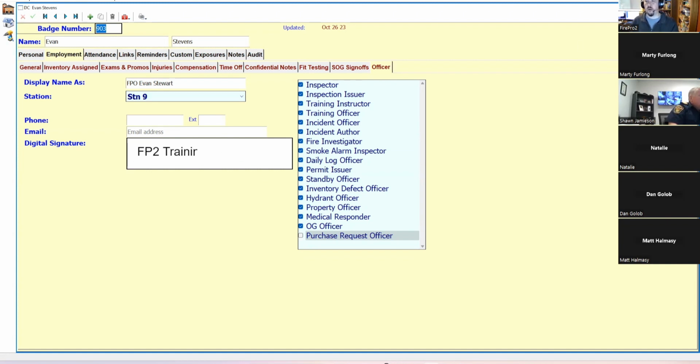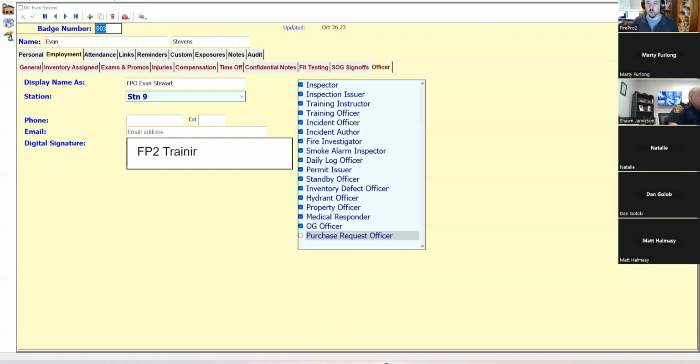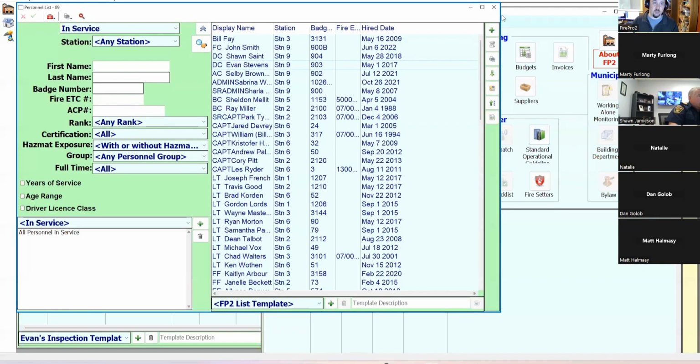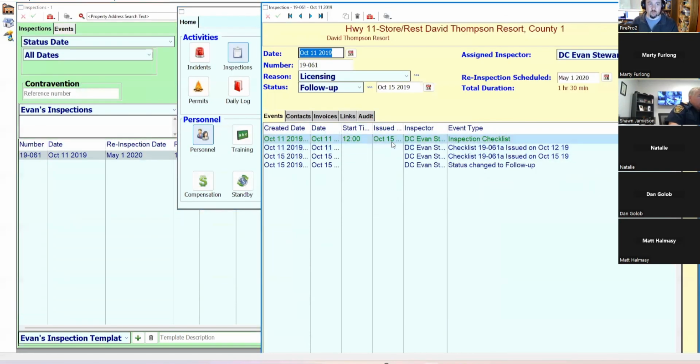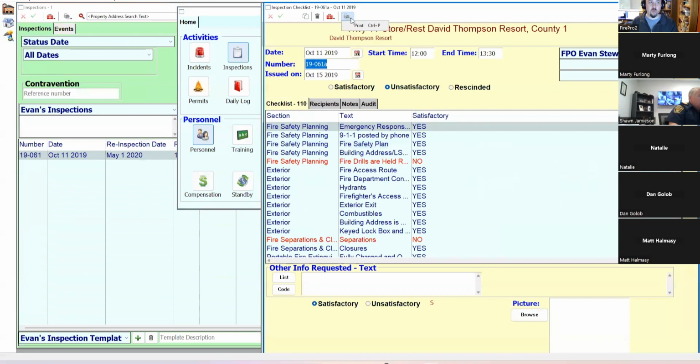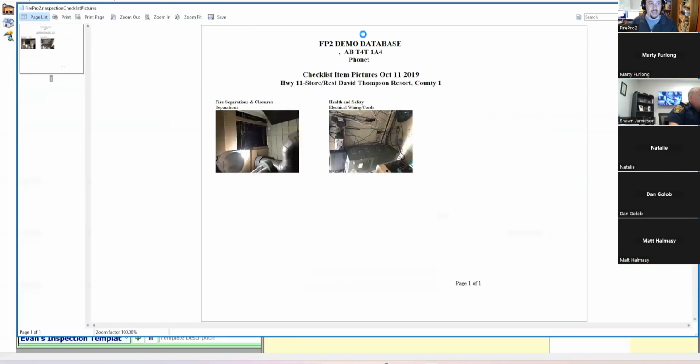There is also a fair bit of configuration that we can do as far as the specific reports that we might want to see on here. The first thing to remember is that for most inspection reports that we might print out of FirePro, FirePro uses a slightly different report header than it does for standard FirePro printed reports, because we often assume that